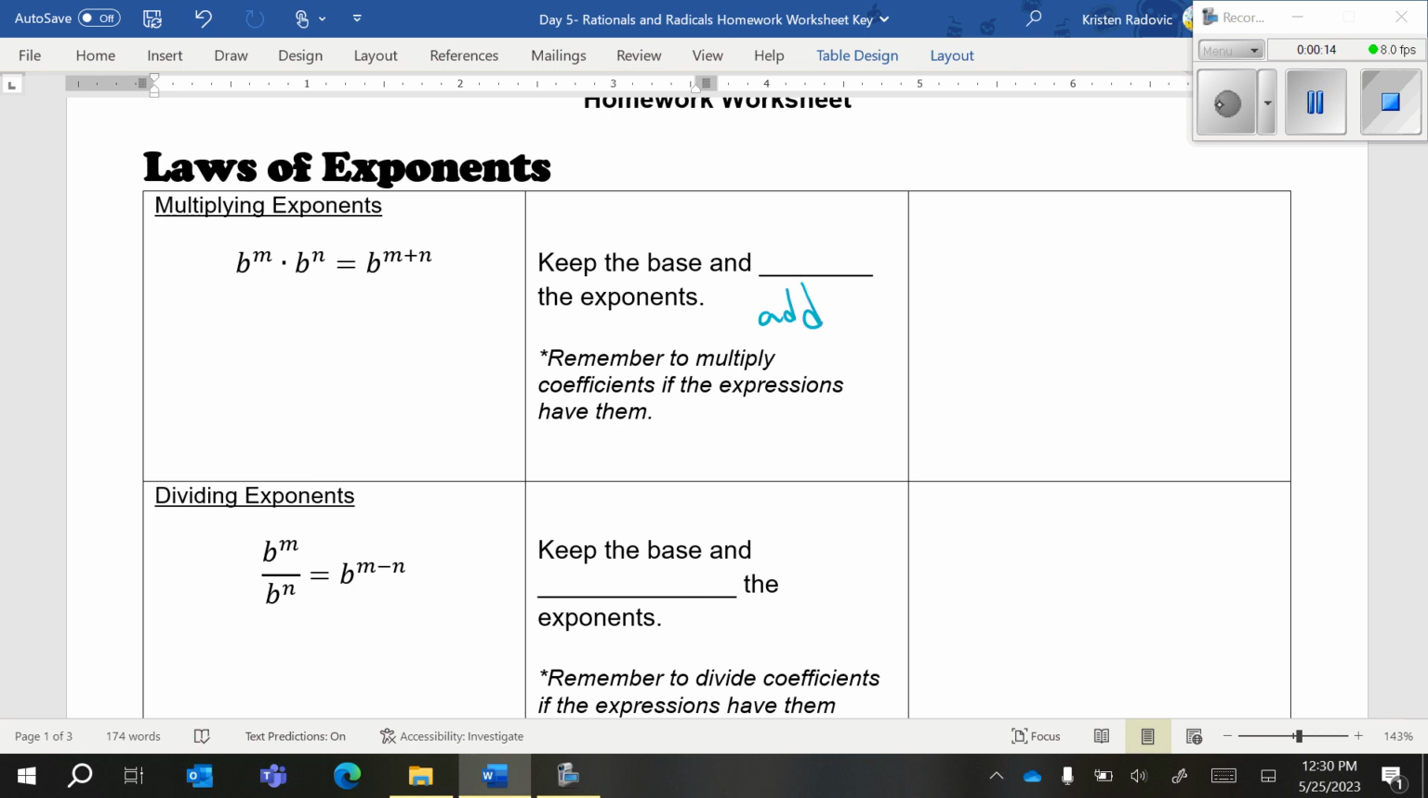So, for example, let's say we have this setup. First of all, you're going to multiply your coefficients normally. So 3 times 4 is 12. Then we're going to